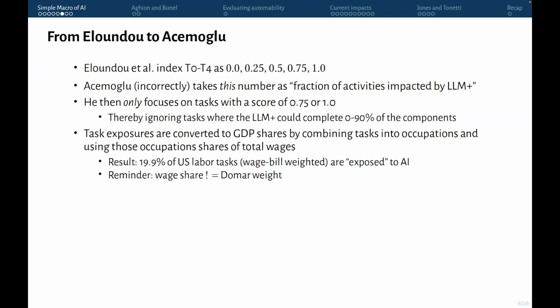And she pretty emphatically said it's not just that Acemoglu or whoever should be assigning different numbers to the T levels, but that as far as she was concerned, there was no cardinal information in the T levels. Interesting. Did not know that. There was no what? Cardinal information in the T levels.